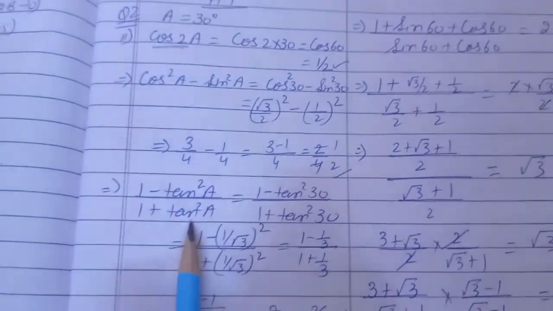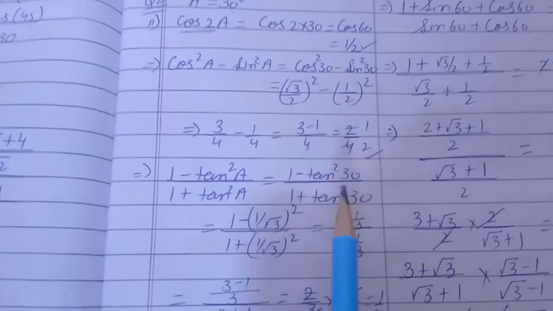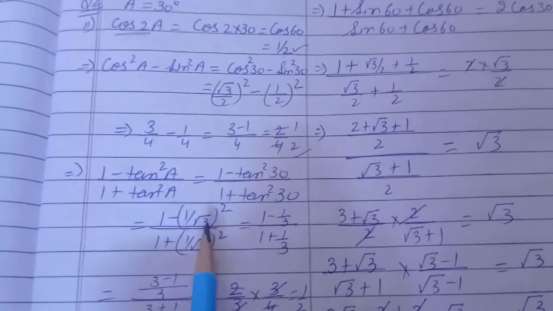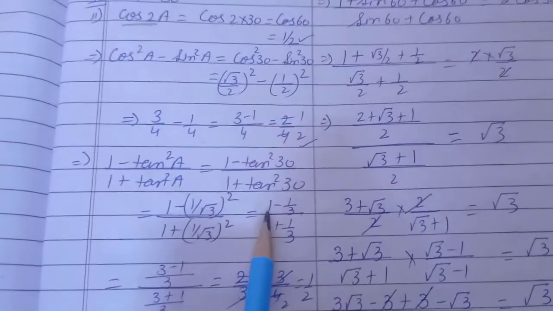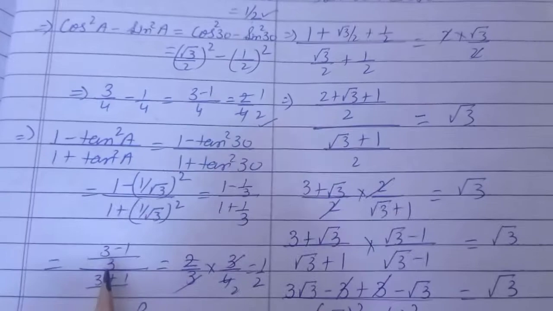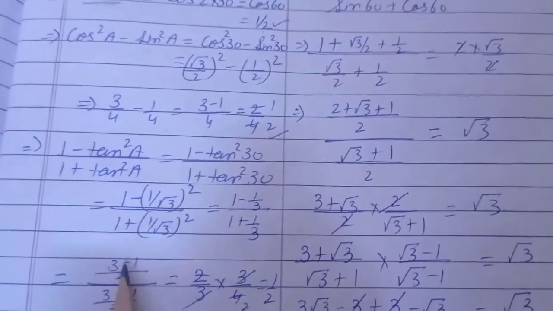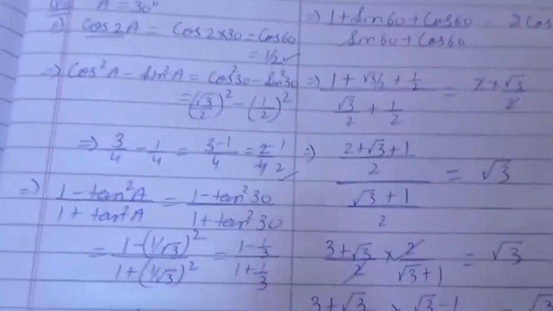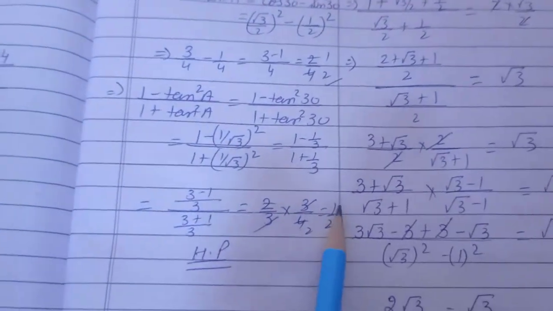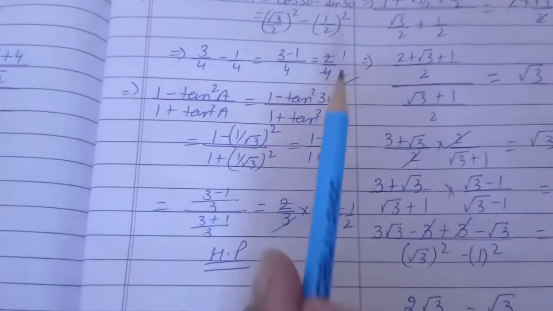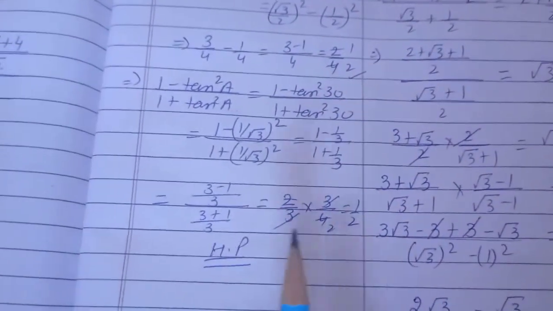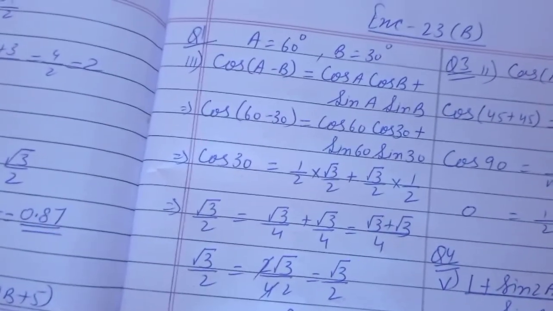And the third part of this question is 1 minus tan square 30 upon 1 plus tan square 30, and tan 30 we know is 1 over root 3. So after you open the square, you are left with 1 minus 1 over 3 upon 1 plus 1 over 3. Take the LCM. So it will become 2 over 3, and reciprocate it. This 3 will go in the numerator and 4 you are left with in the denominator. After cutting you will get 1 by 2. So you can see all answers are 1 by 2. That's what we have to prove. So we'll continue in our next video. Thank you.